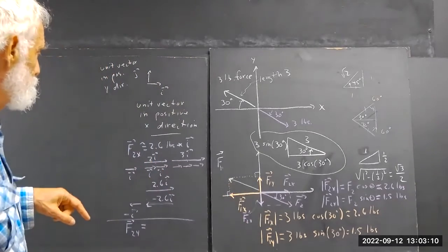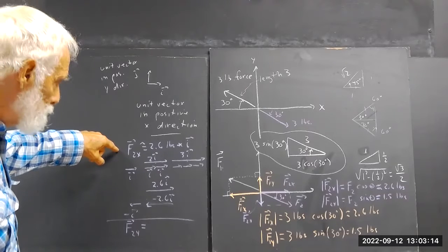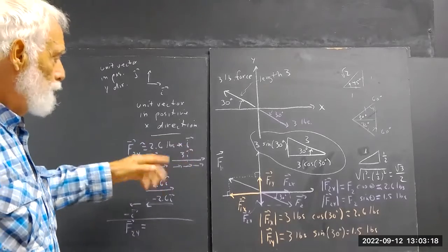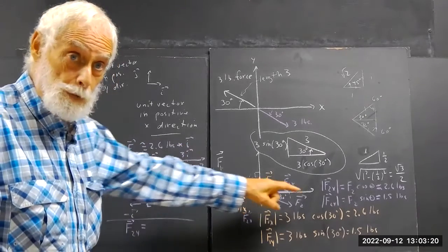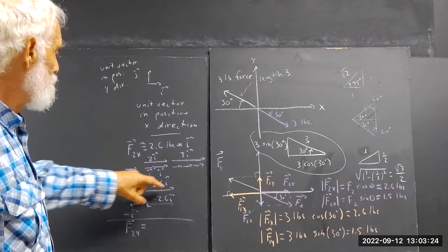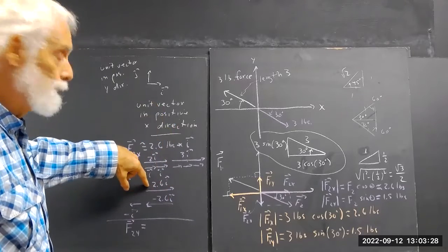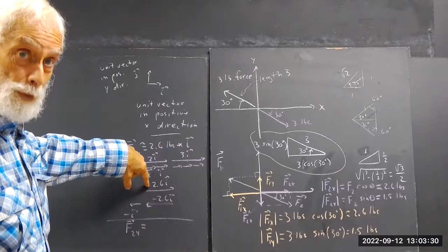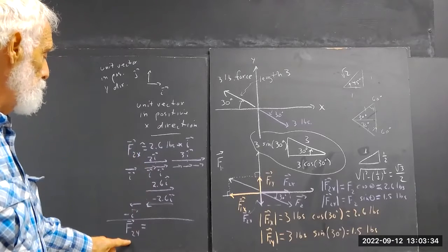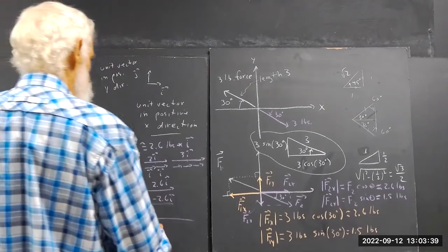And also, F2x is 2.6 pounds times a unit vector in the direction of F2x. So if we do 2.6 times I, it has the same magnitude, that's 2.6 pounds. So then how would we do this vector? Well, it's going to be